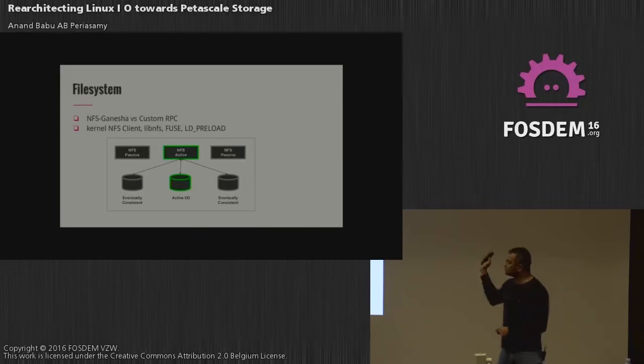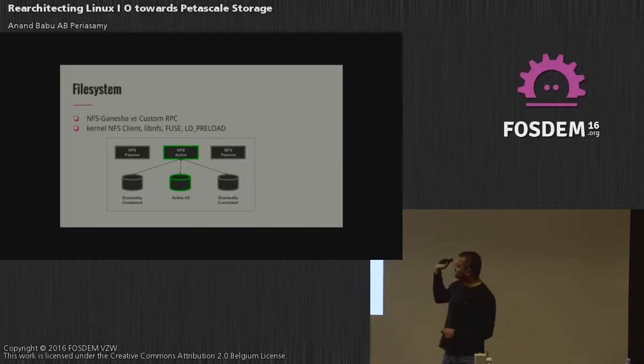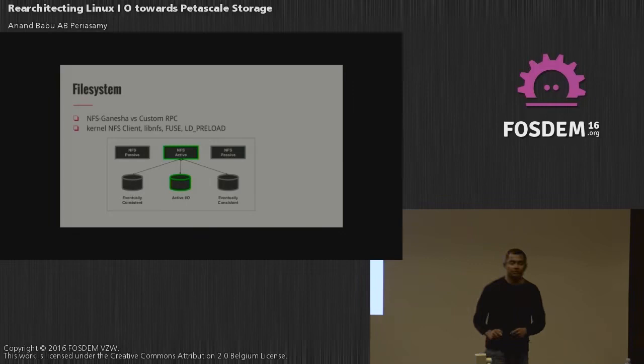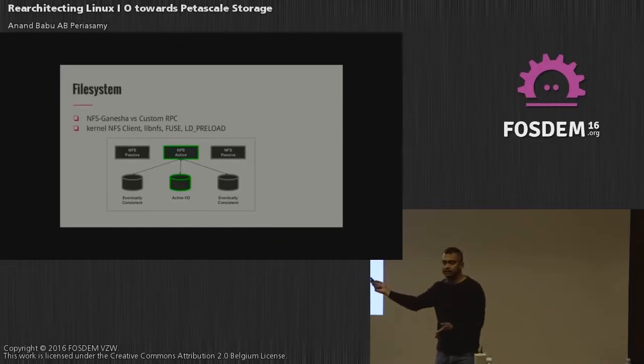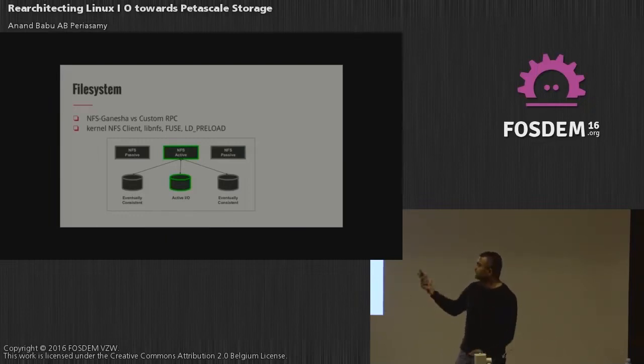Now, quickly I'll touch upon 3 architectures. Say you're building a file system. If you have a strong reason to adopt POSIX, just use NFS Ganesha. Of course, you can have your own custom proprietary RPC like how Gluster took initially, but there was no NFS Ganesha back then. Instead of saying we can do multi-protocol, stick to one. Just stick to NFS. NFS clients are already there. Even for an OS that does not have an NFS client, you have libNFS.